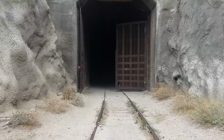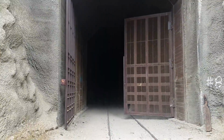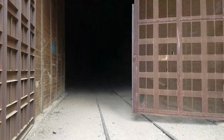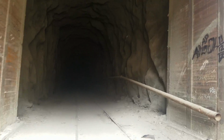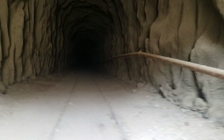Ooh, it's gonna be real spooky in here, guys. Hope you're ready for it. Can't even see the other end. I don't even know if this goes through. I see a tiny little light down there. I think that's my sister. So if she went ahead, then...